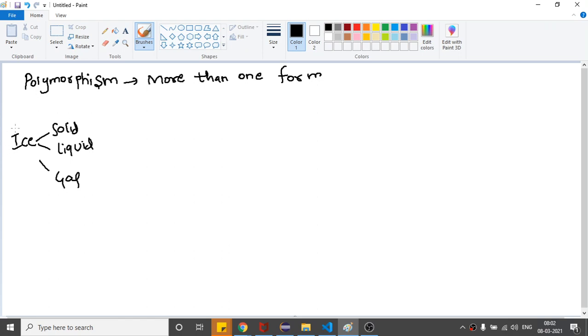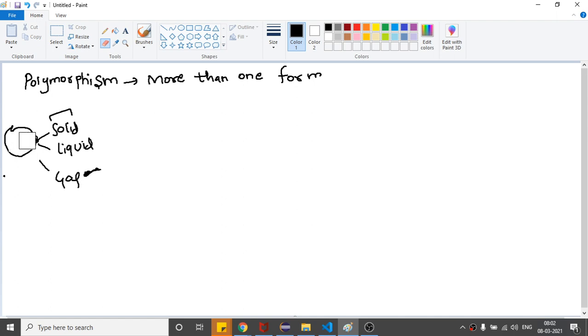The content is the same, but at a low temperature it will be in the solid form, and once you boil the water above 100 degrees Celsius, it will be in the gas form, but the water is the same, right? So water has solid, liquid, and gas.